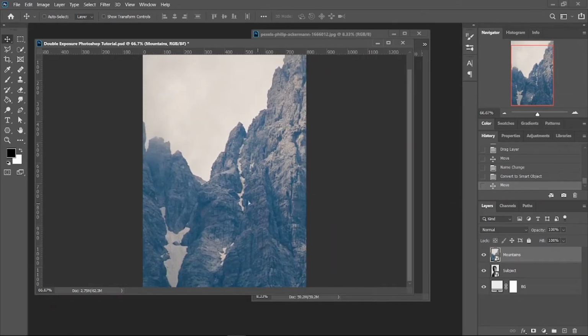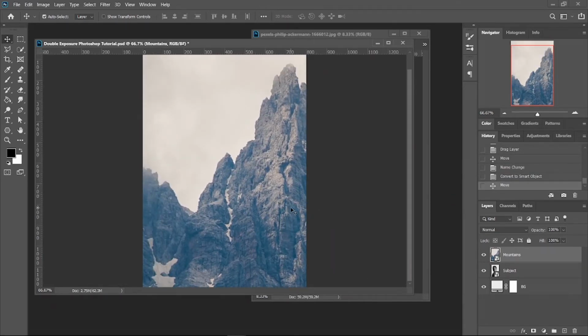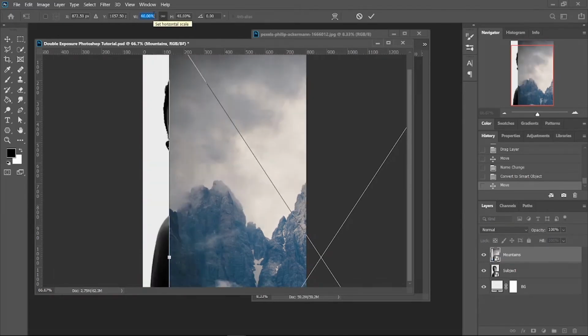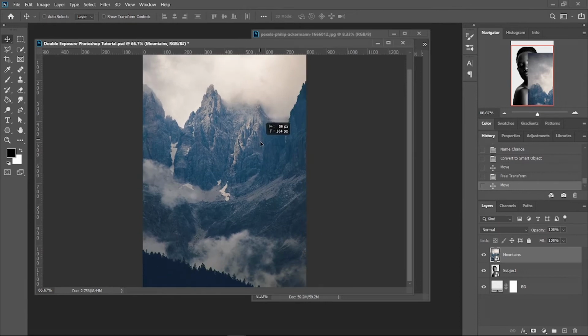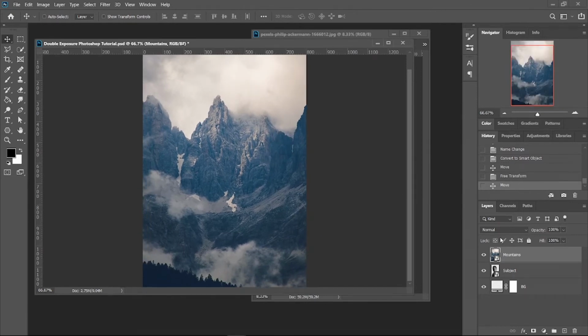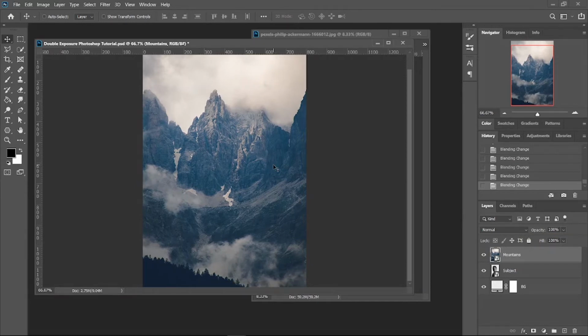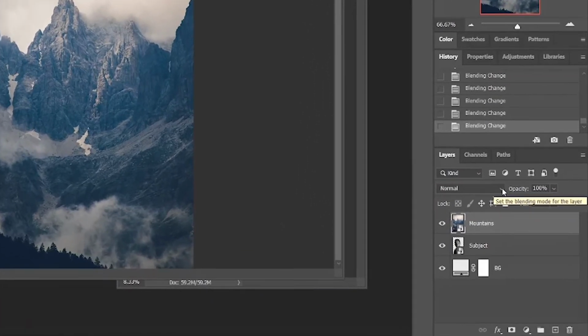Okay, so you can see obviously my mountain layer is a little bigger than my canvas, so we'll just scale that down. I'm going to figure out placement here, and in order to do that, I'm going to employ a blending mode in my layers so that we can see what we're doing, and this is actually going to help us achieve the effect we want. So the blending mode we're going to choose is lighten, and you can choose that by hovering over this where it says normal on your layers menu